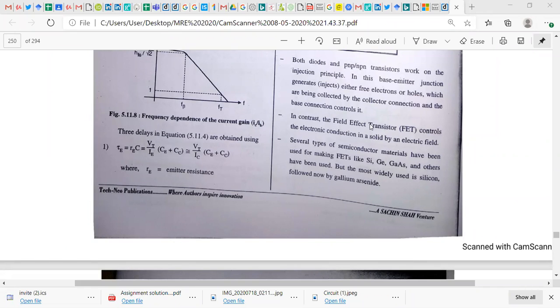Hashim, difference between BJT and FET? BJT voltage controlled or FET current controlled? Kanchan, Firoz,